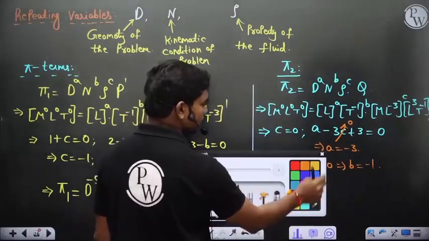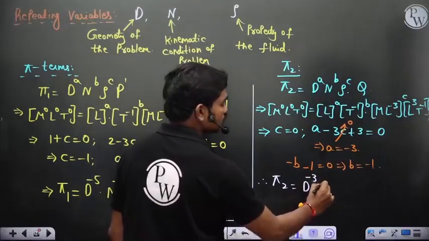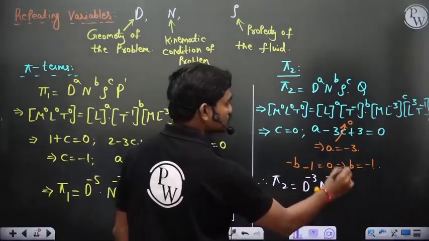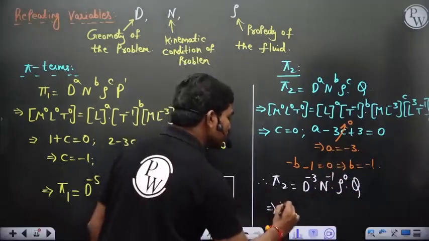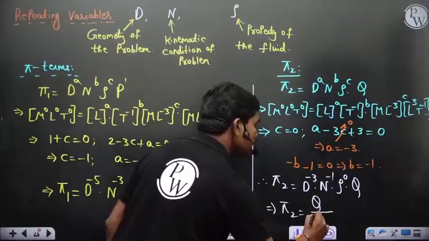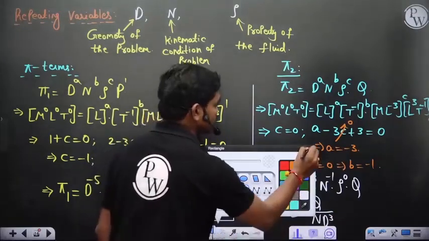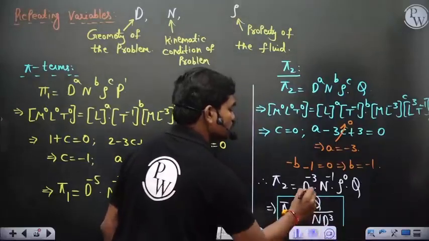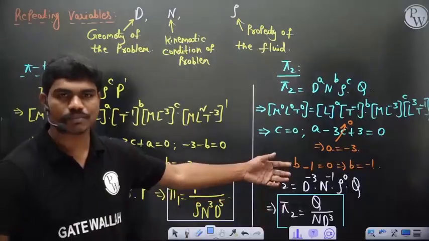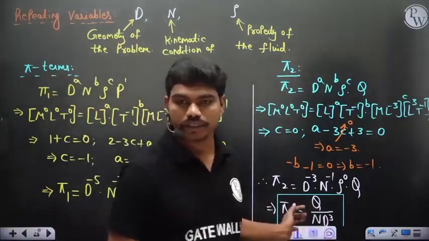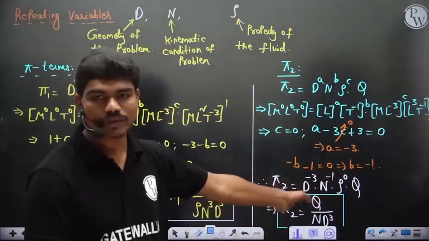So what does the term imply now? Therefore pi 2 is equal to d power a, n power b, rho power c, c is 0, times q. Rho power 0 is 1. So the second dimensionless term is going to be q by n d cube. Is this clear to all of you? Since you are confident about the Buckingham pi theorem, I am just applying the things. We have total 8 variables, we have total 5 dimensionless terms, 2 we have calculated, remaining